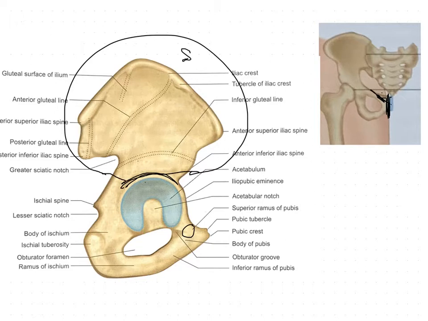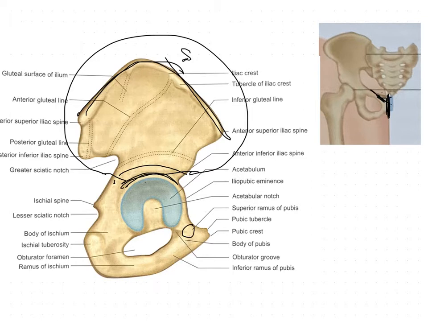The ilium is having the following features. Now we are going to consider only this ilium. The ilium has an upper end, which is called the iliac crest. This is the upper end of the ilium, and this one is the lower end of the ilium. So it has two ends, upper end and lower end,